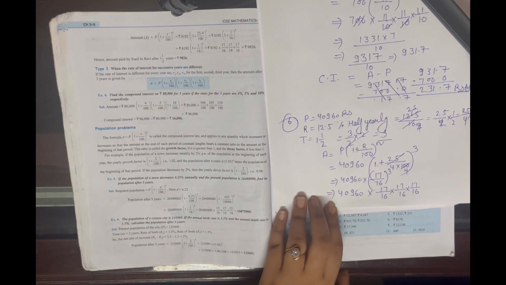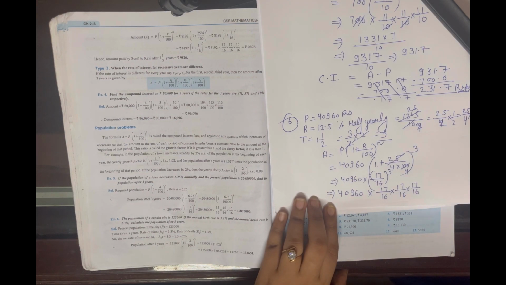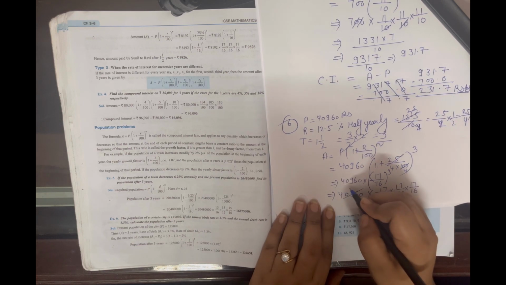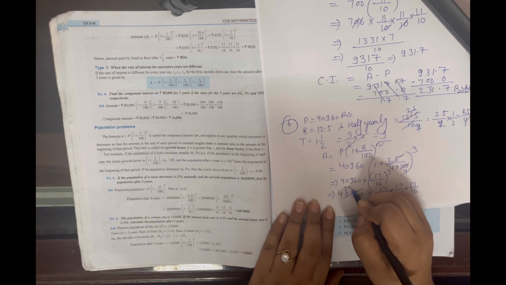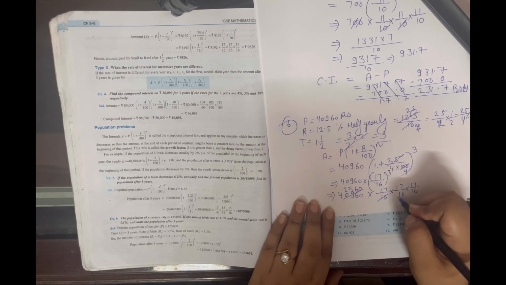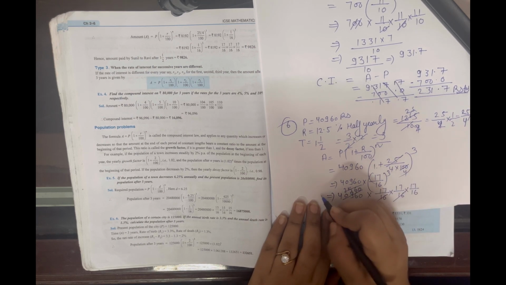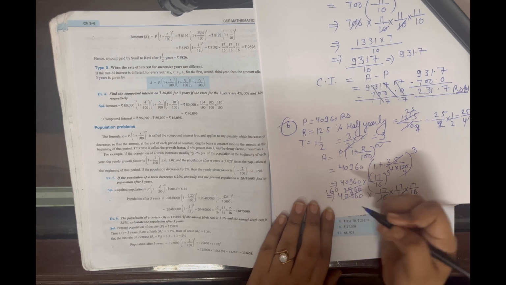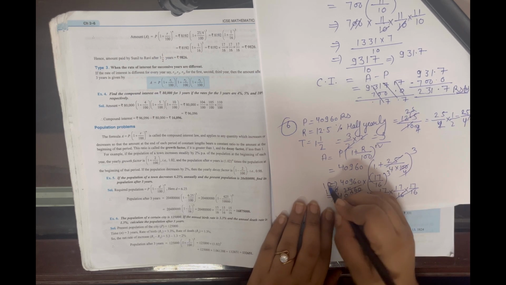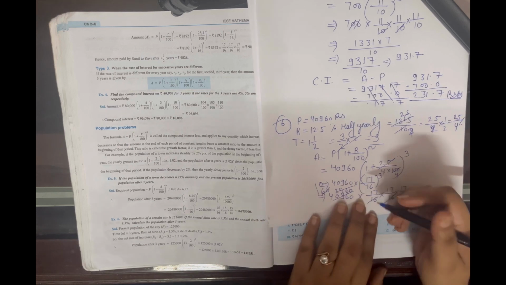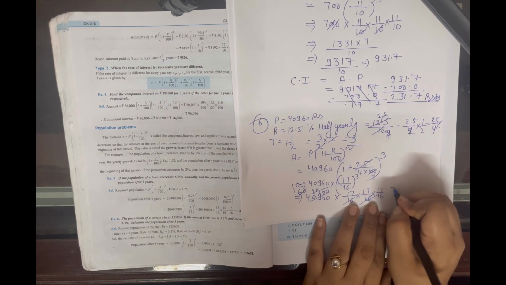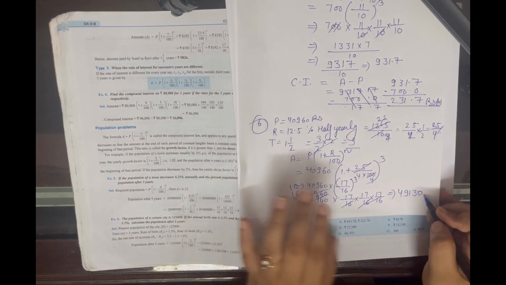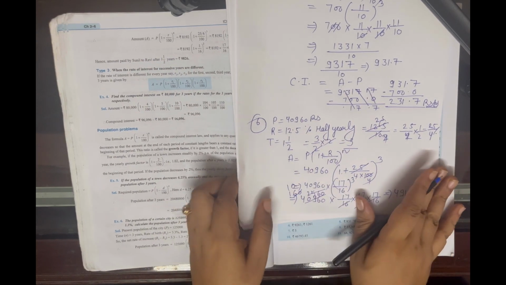It will be now 16 2s are 32, 16 1s are 16, 6s are 96, so 2560. It will be 17 cube is 4913, so 2560 into 4913 is 49130 rupees, which is your amount. Now compound interest